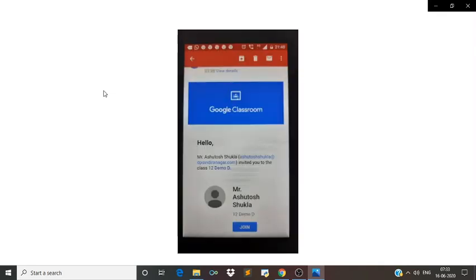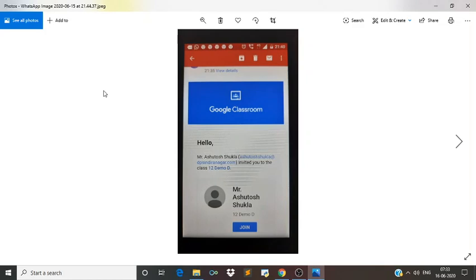Just one image is being opened. Now see, this type of image will be displayed in email ID of the student when you will invite. Okay. So after sending invitation, student will get this type of message in their email ID. So now they will click on join button. Can you find this join button? They will click on join button, and as soon as they click on this join button, they can join the class. Okay. Which is hosted by us.